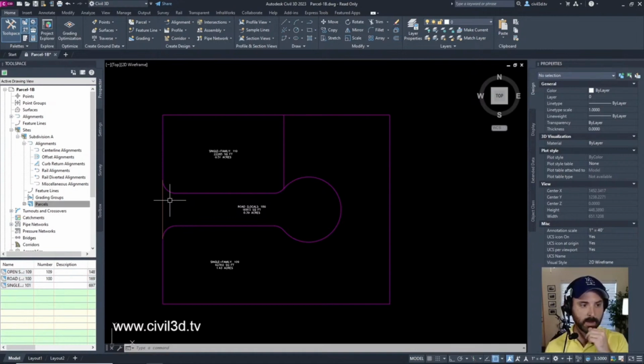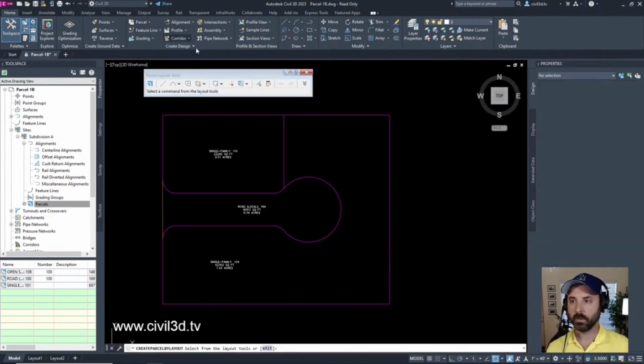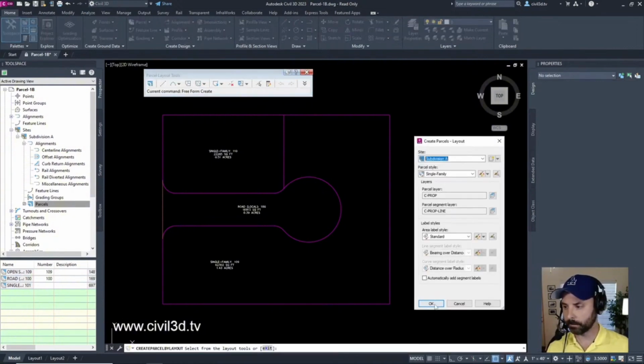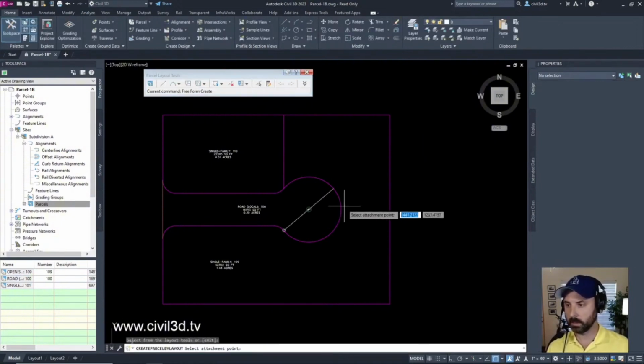Next, we'll do the same thing. We're going to create a lot line right here. Parcel creation tools, freeform create. Okay. I'm going to go perpendicular. See where my cursor's at? It's close to that rear lot line that I want to be perpendicular to. I don't want it to be over here.